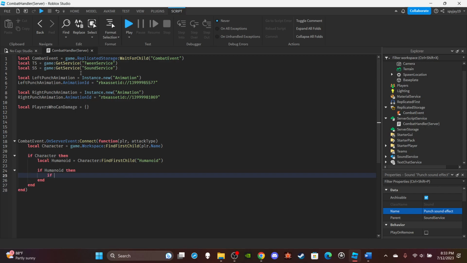Then we're going to do if attack type is equal to left punch. We're going to do left punch first, of course. Then we're going to trigger the load animations function. Now, we can go ahead and create this real quick, but we're not going to make anything as of yet. I'm going to finish the attack type if statements for the left punch and right punch, then we're going to get into the other local functions. So let's create it real quick. Let's go back to line 13. Let's do local function